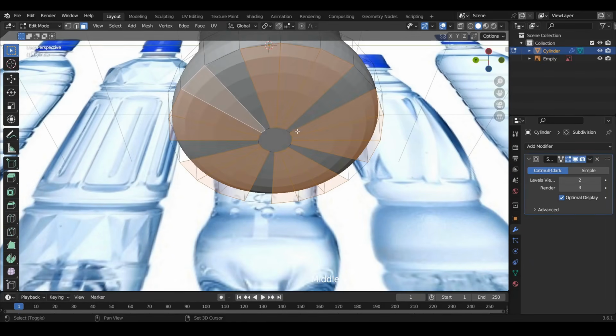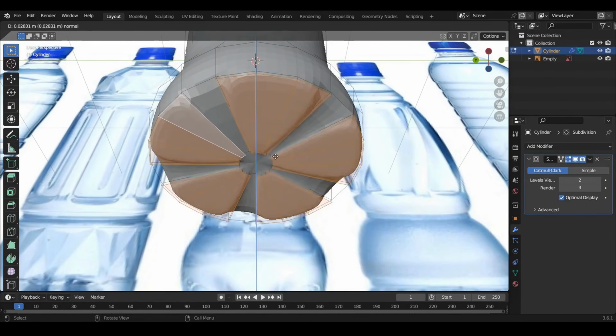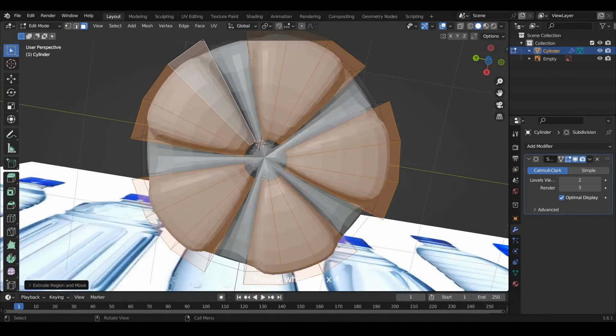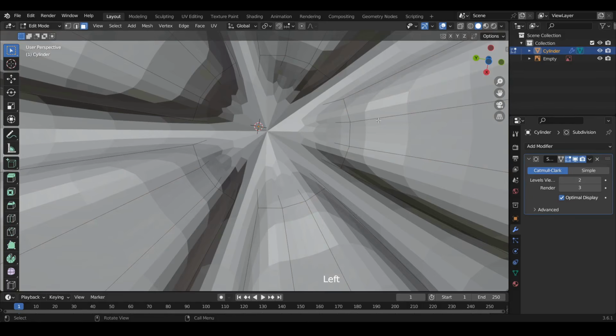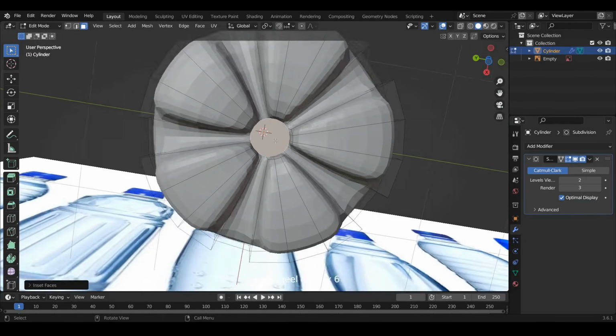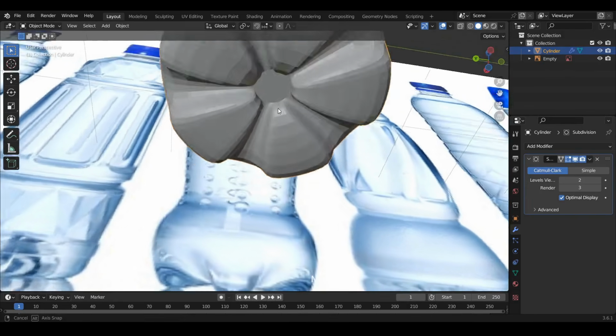Then here we press E one time and move it down a little bit. And now you can see the middle here looks a bit wonky, so we can select the face in here and press I one time. We can also press I one more time. So now it looks like this,